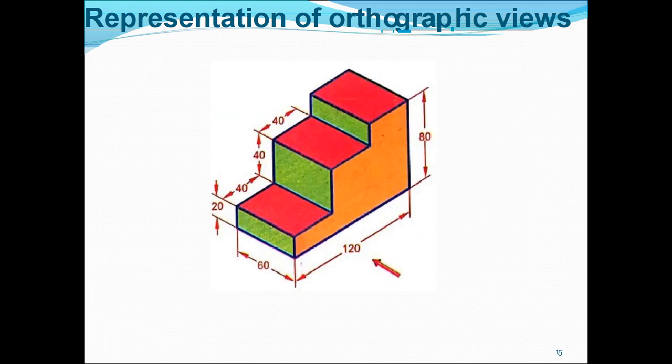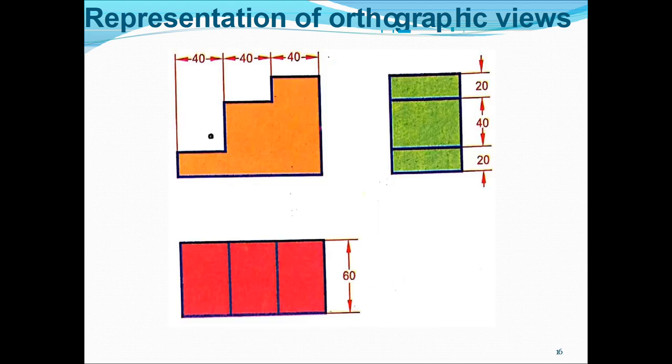Okay. So this is one of the very easiest problems. You yourself can do this problem. So the front view is full of saffron color, and the top view is full of pink color and the side view is full of green color. Now what you do, you are supposed to draw the same lines, and just by projecting the front view you will draw the top view, and just by projecting the front view either on the left side or the right side, I will be drawing the green color. This is the answer.